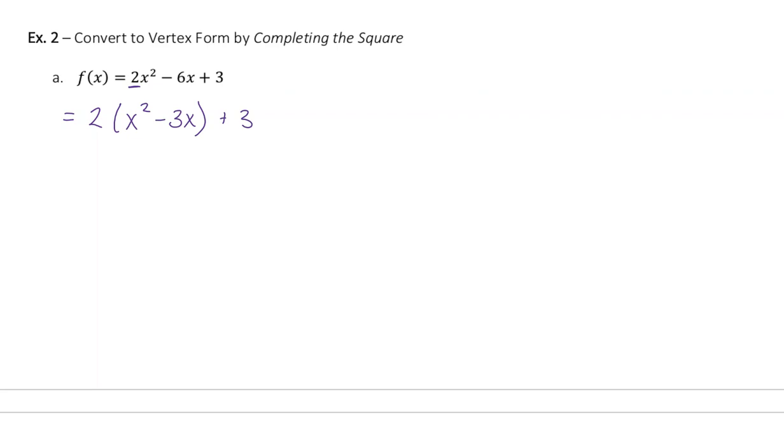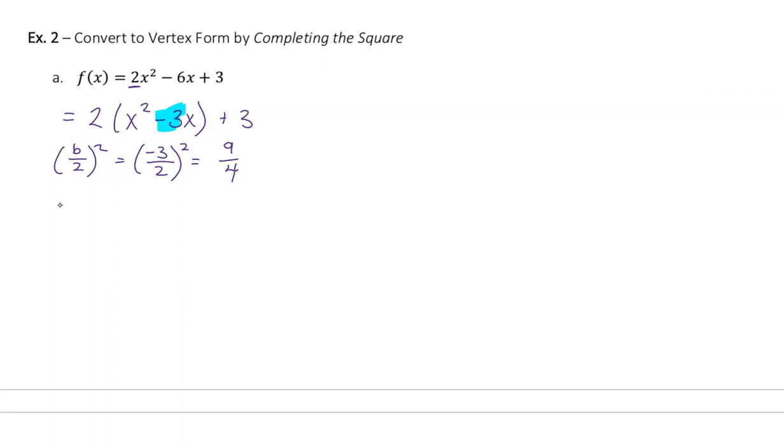Okay, now at this point we have to look at essentially our new b value, which is our -3, and we're going to do that little operation, remembering using this formula, b over 2 squared, or b divided by 2 squared. Well, that would be -3 divided by 2 squared, which we're not going to make into a decimal. We're going to apply our knowledge of exponents and fractions and square both our numerator and our denominator, which gives us